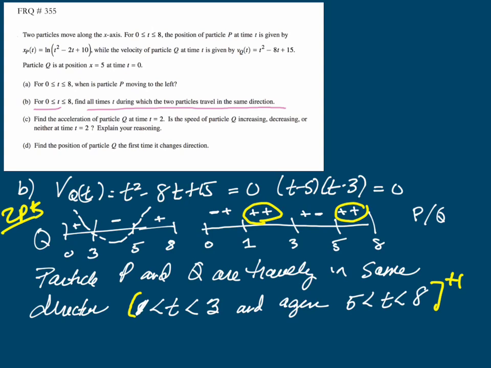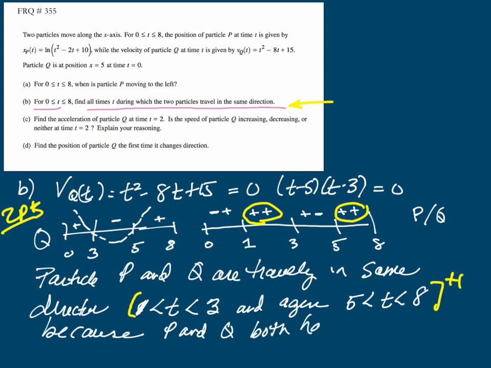It's not supposed to accept sign charts as analysis, so I probably wouldn't get that point. And you notice it didn't say to do the analysis, but then they're giving you a point for that. So you shouldn't do what I just did. You shouldn't just say, hey, they didn't ask for it. Do it anyway. Because I'm going to add this, I would have lost that point because P and Q